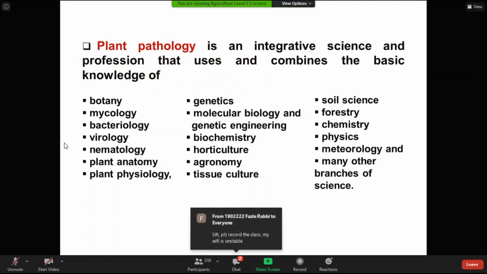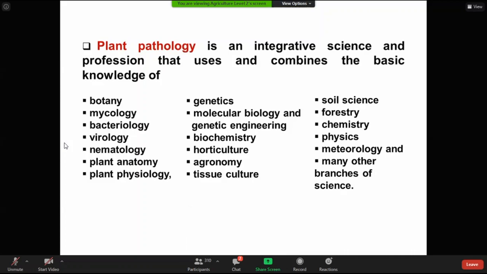And there is another advanced definition. Basically, a plant pathologist is a plant doctor. Is a plant doctor. So if you consider it like a doctor, in the United States of America they have a strong plant pathology, and in every university or every state they have a plant disease clinic. Like them, we also have a plant disease